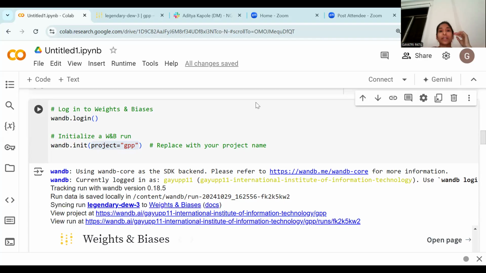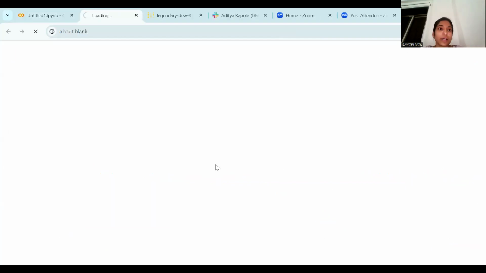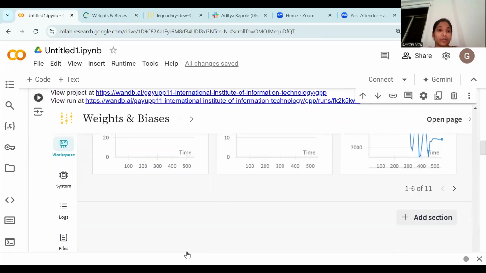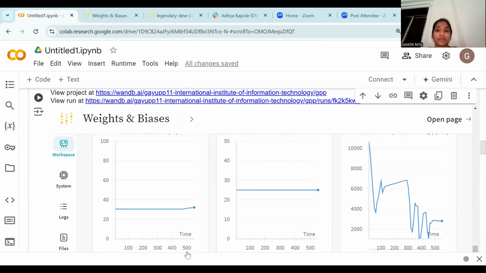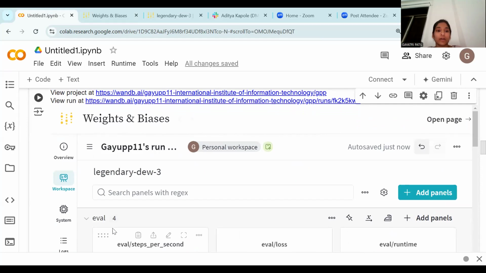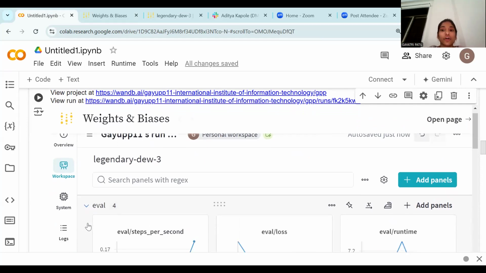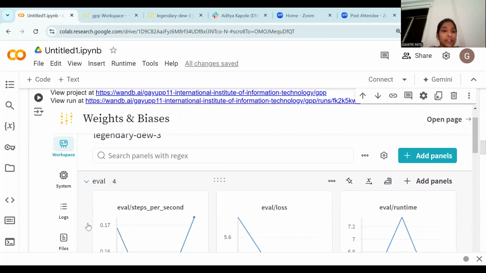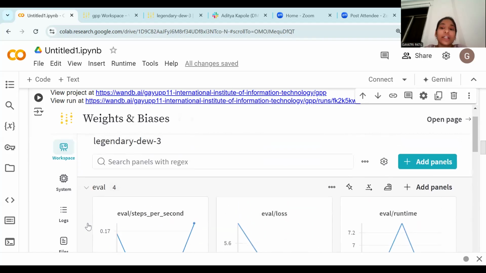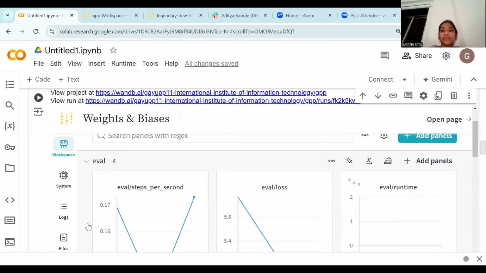After this, we can view the project at these given links, and we can see this using the deploy option here only. You can see this here. So this is under the workspace. There are four panes actually: evaluation and train. Under evaluation, we can see the, just wait,